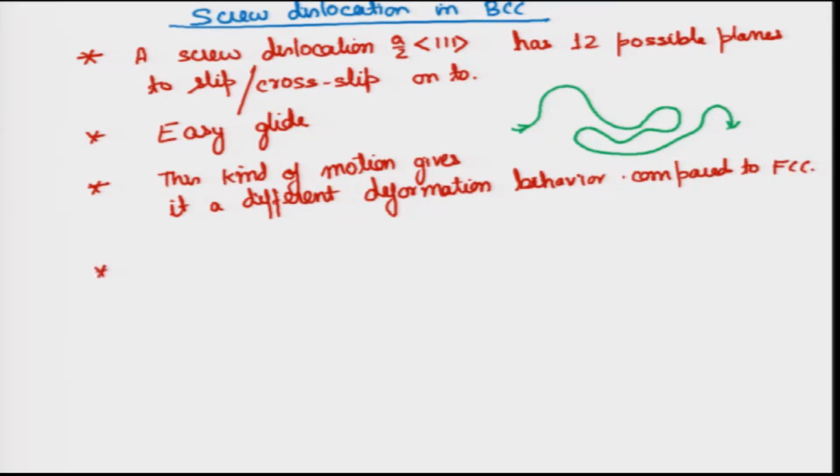Now, since we are talking about screw dislocation, let us also put a couple of important facts about it, which we will see again when we talk particularly about the planes. One important fact is that these screw dislocations do not dissociate. You remember in FCC we have both the edge dislocation as well as the screw dislocation, which can dissociate into partials. Although we showed that assuming a certain value of gamma and a certain ratio, you will see that only edge dislocations will dissociate and not the screw dislocations.